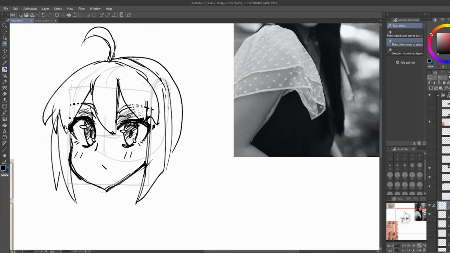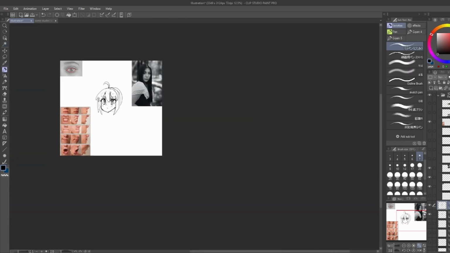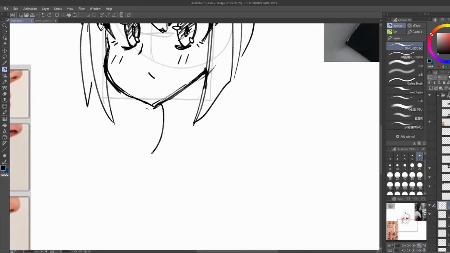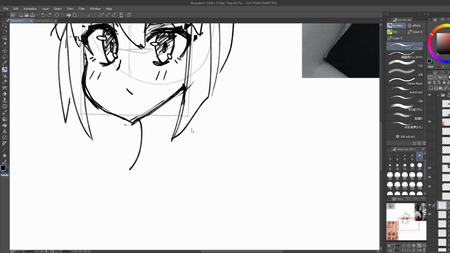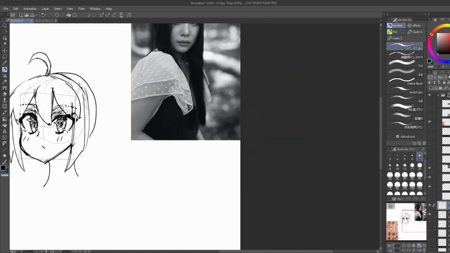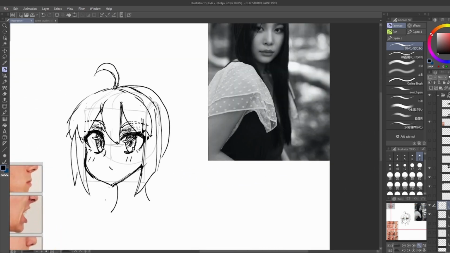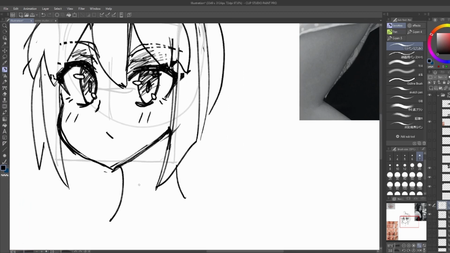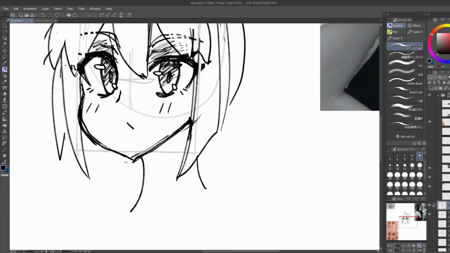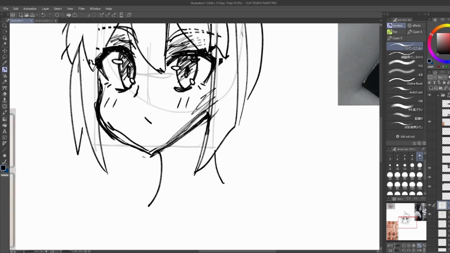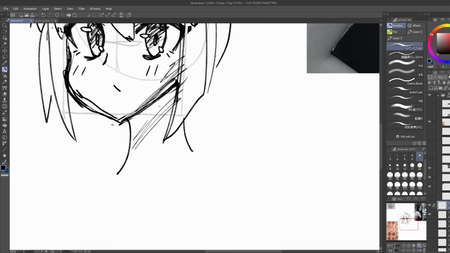For the sketching layer, you just want to make it simple and then go on with details later on. The neck is actually really important for the head because of one specific reason. So if you look at real life, the type of shading that works for the neck or the faces, they have shading here and shading here, and then some shading for the neck,